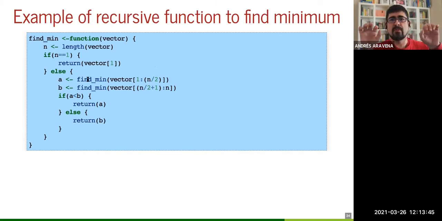you take the vector and you split in half. Okay? This is from the first until, remember, n is the length of the vector. So from the first until the half of the vector, and this is the second part, half plus 1, until the end. For example, let's say that you have a good example, 16. 16 is a good example. So here we'll have, let's say that the vector has 16 elements. So we will have 1 to 8 and 9 to 16.